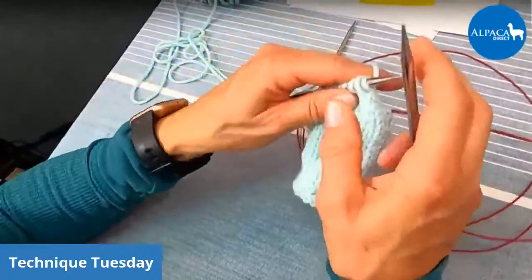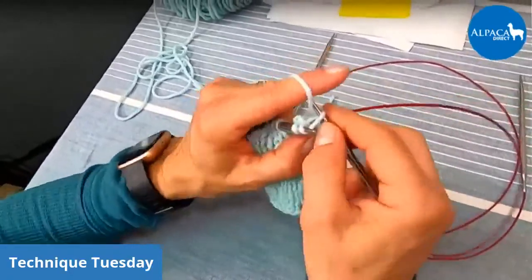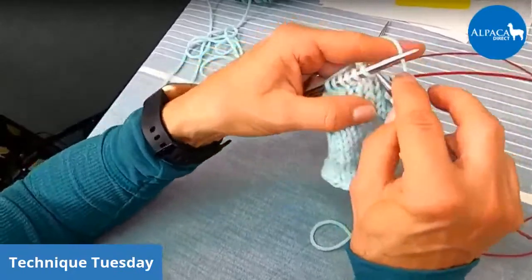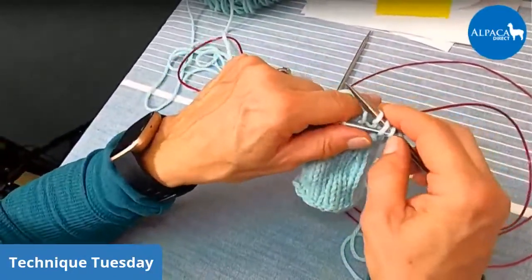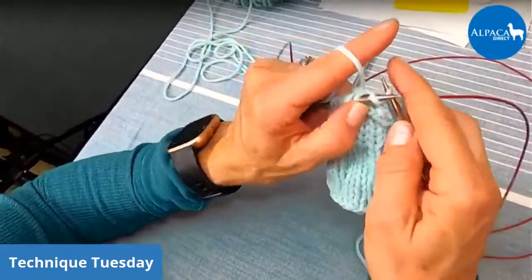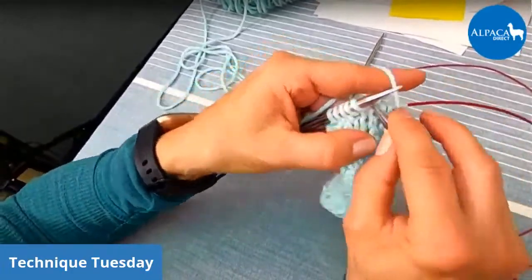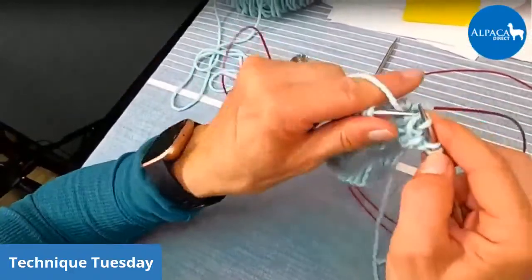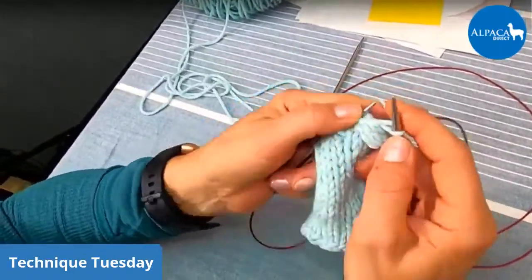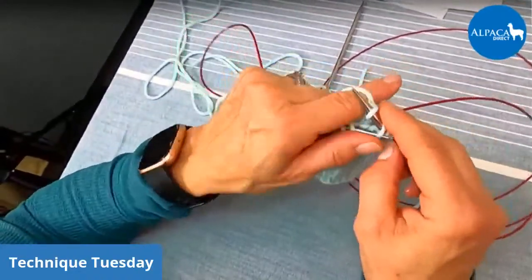So this I-cord is a lot bulkier than the Icelandic bind off. So for those of you who are not wanting to have a bulky I-cord, you could do the Icelandic. So I'm just moving along here. So I'm going to knit 2, slip 1, knit 1, pass the slip stitch over. Move all 3 stitches back to the left hand side. Knit 2, slip 1, knit 1, pass the slip stitch over,